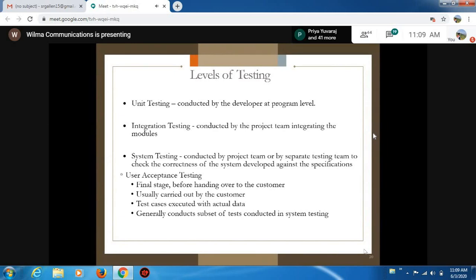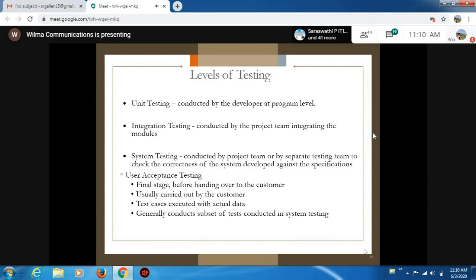When I try to enter incorrect credentials, does the application throw a proper error message or not? By validating the proper and improper interfaces, we are going for integration testing. Integration testing is sometimes conducted by independent testing teams, and it is also possible that it is conducted at the programmer or developer level.